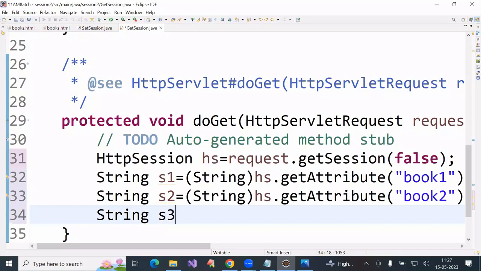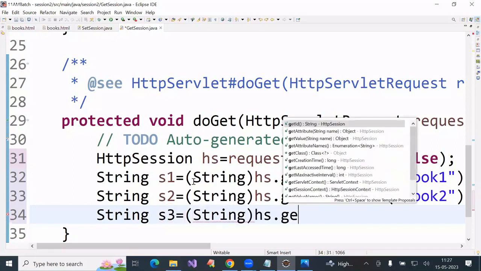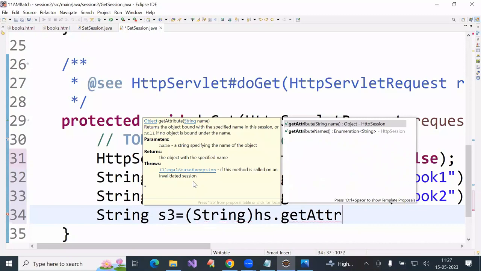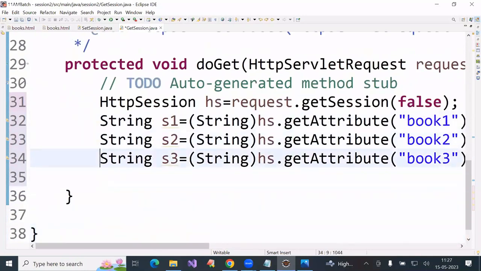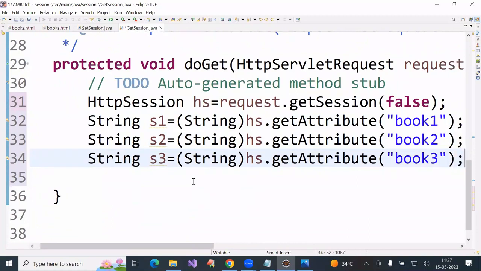String S3 equal to string HS dot get attribute, attribute name is book 3. Book 1, book 2, book 3. Okay. After this,